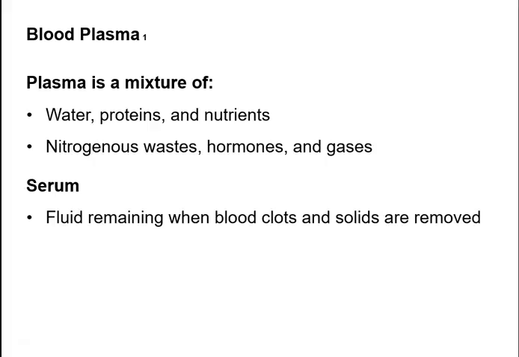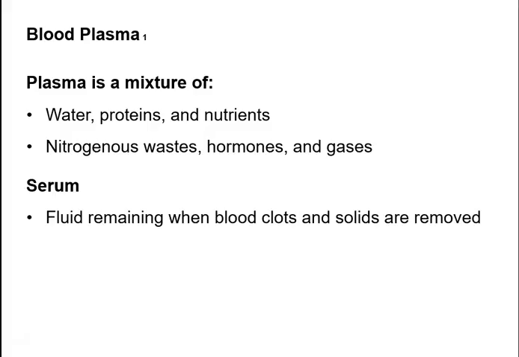So looking at blood plasma and talking about what's found in the plasma, plasma is a mixture of a few things. It's a mixture of mostly water, so it's a liquid solution. You've got proteins within that blood plasma, and you have nutrient molecules as well. Now we'll talk about a few different types of proteins that we see in the plasma and what those are